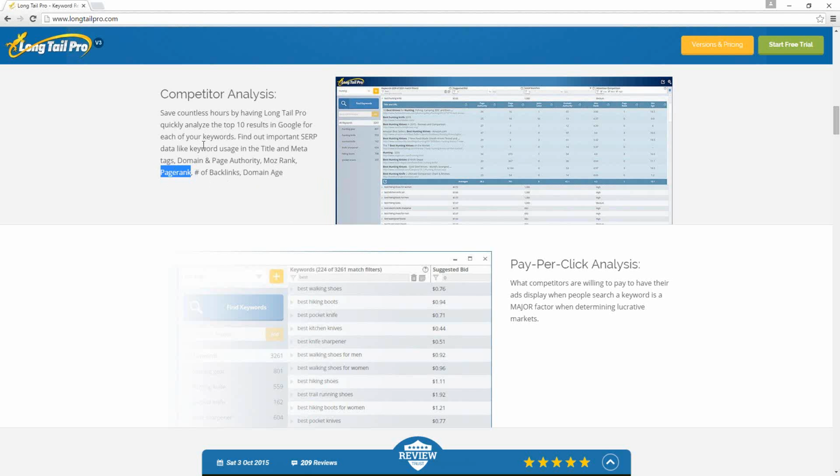But this certainly does come into play more when you're going after the higher competition phrases. There are certainly phrases like that that I go after on my websites. It's just a question of whether or not it's worth the extra work that it takes to get into the top 10 for a higher competition phrase.